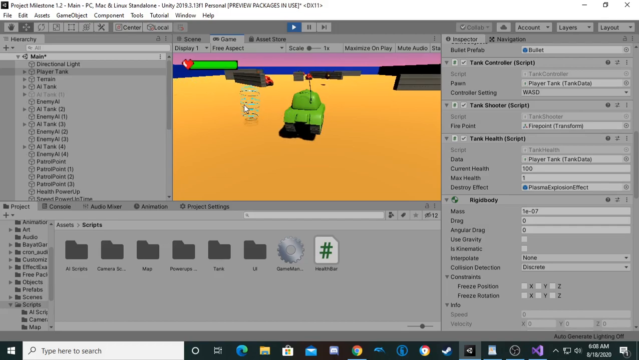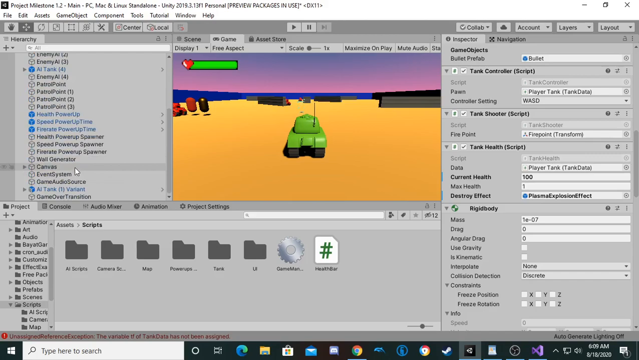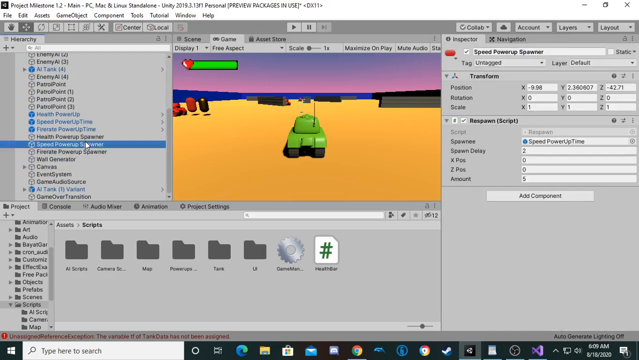This is a better view of the speed power-up, which is a blue slinky. The fire power-up and the speed one are temporary. They only last for as long as the designer wants to make them. Also, just like with the wall generator,